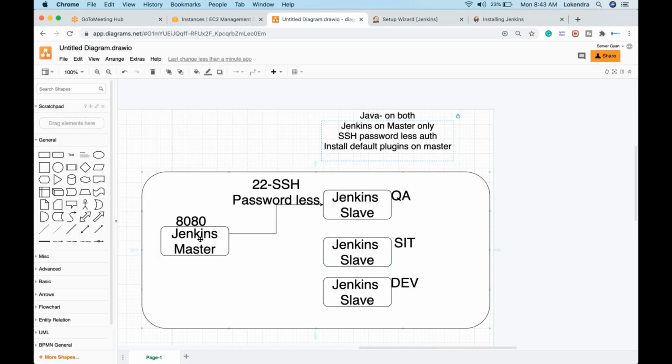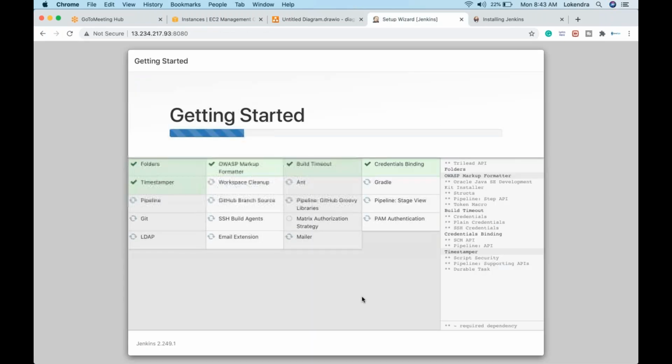What is going to be our next step? When we configure Jenkins master and slave, we will have to configure a couple of things, like what type of job should be running on Jenkins master and what type of job should be running on Jenkins slave, right? A person can ask you during an interview how you will define that some specific type of job should be running on master or slave, or what options are available to define that a job you are going to execute will run on Jenkins master or Jenkins slave. So guys, there are a couple of options. As soon as this is done, I will definitely love to show you that. In the meanwhile, let us wait for a single minute.